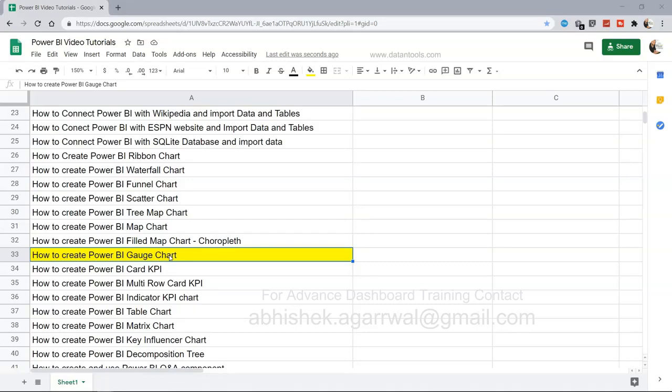So I will show you how you can create this Gauge chart within Power BI and also format it for the relevant parameters. And before I do that, just a quick piece of information that this sheet is present in the description